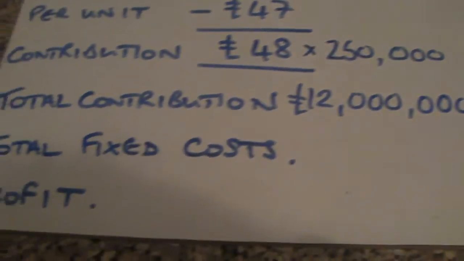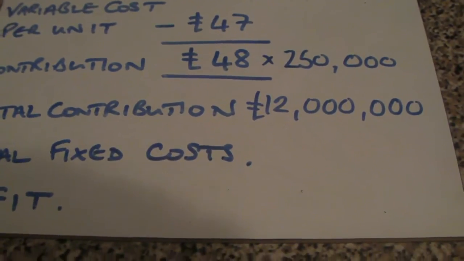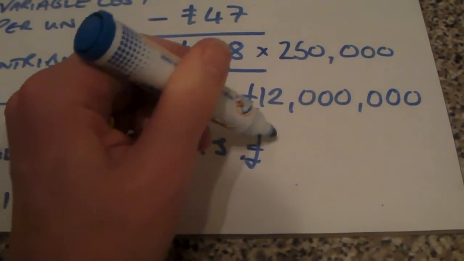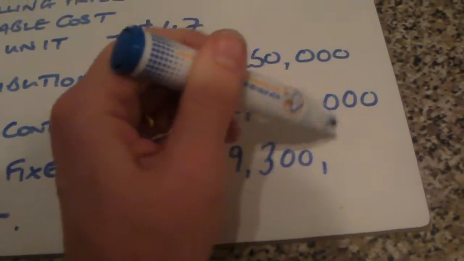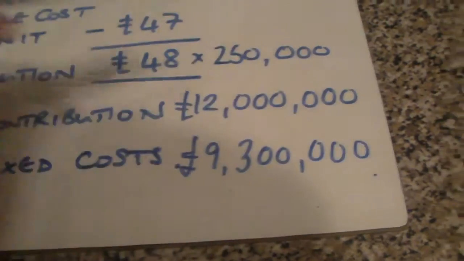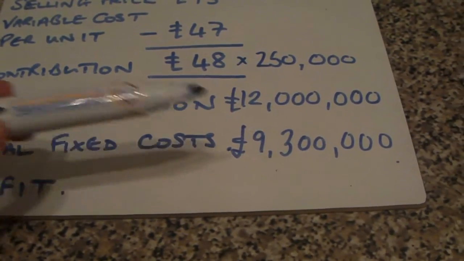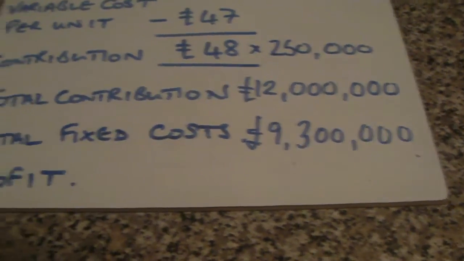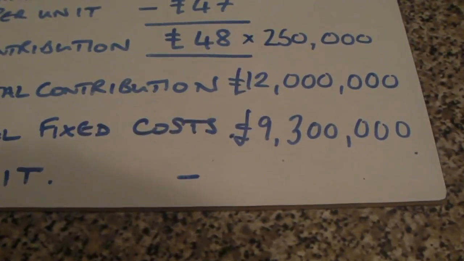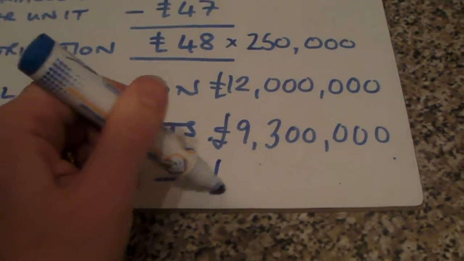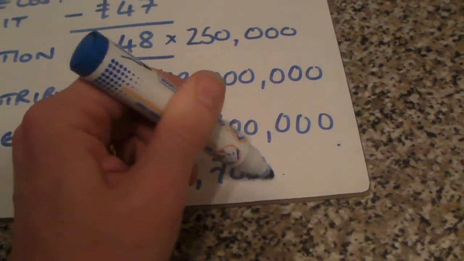Okay, so let's assume that the fixed costs in developing this e-reader are 9,300,000 pounds. Now, if we take away our 9,300,000 pounds from our 12 million pounds of total contribution, so we'll put a minus sign in there, that will leave us with a profit figure of